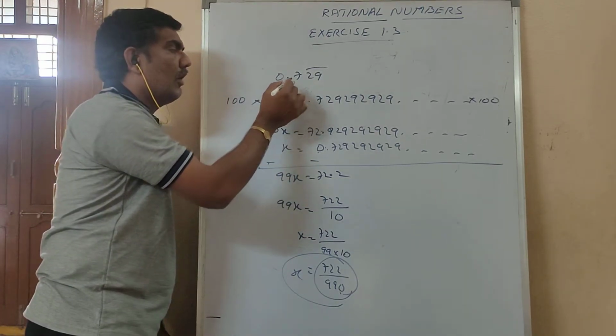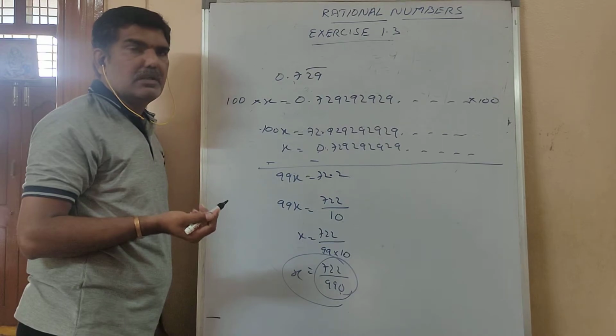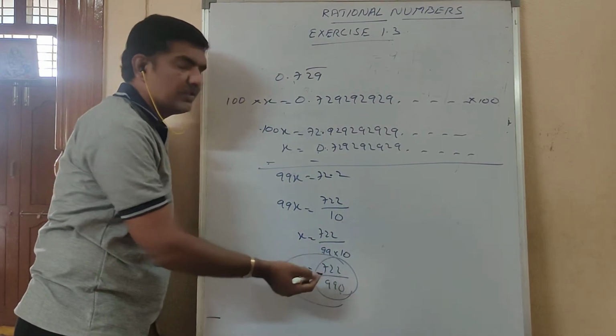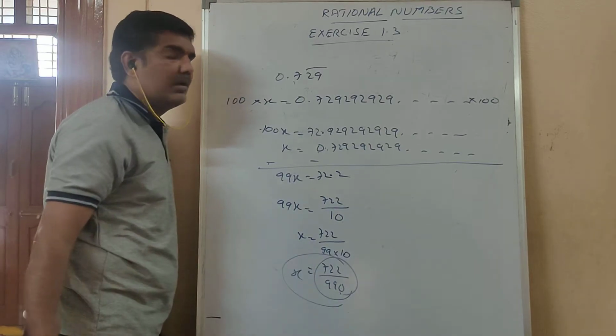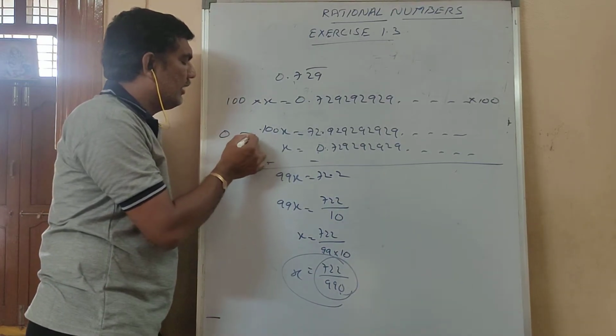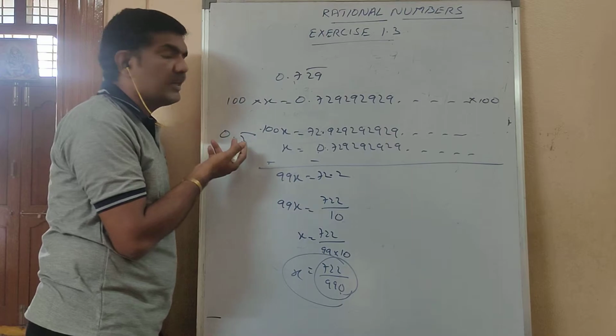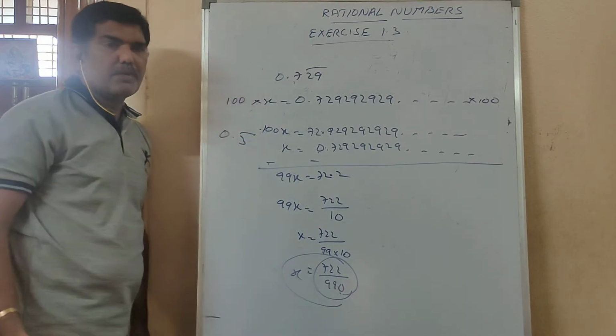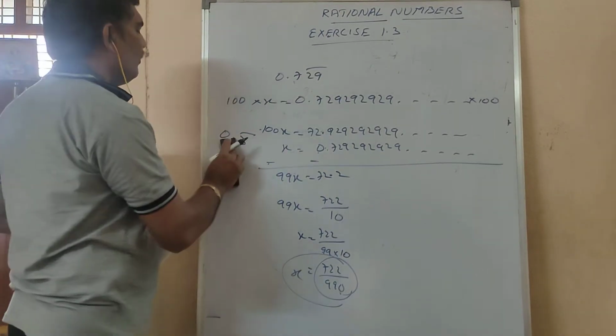So these are called recurring decimals. Recurring decimals can also be converted into rational numbers, P by Q form. So 0.3 bar is which number? It is not a non-rational number; this also we can write in the form of P by Q. Okay. Now the third problem.